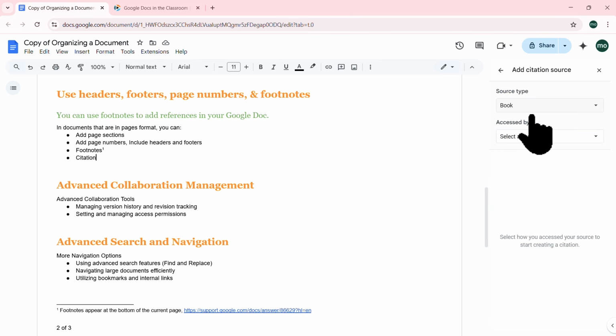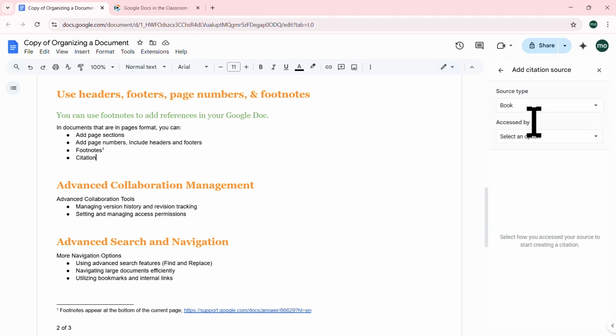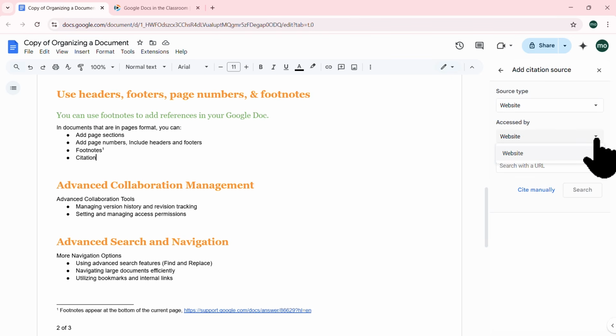And the way this works is once you find your source, it's either a book, book section, website, journal article, film, right? So depending on the source type you choose, it's going to change the secondary options below. So if I found a website that has really nice information on there, well, I've accessed that website, and I can simply go ahead, paste the URL in here, or I can cite it manually. So I'd rather paste the URL, and let's see what the tool will actually come up with here. So I'll go ahead and press search,